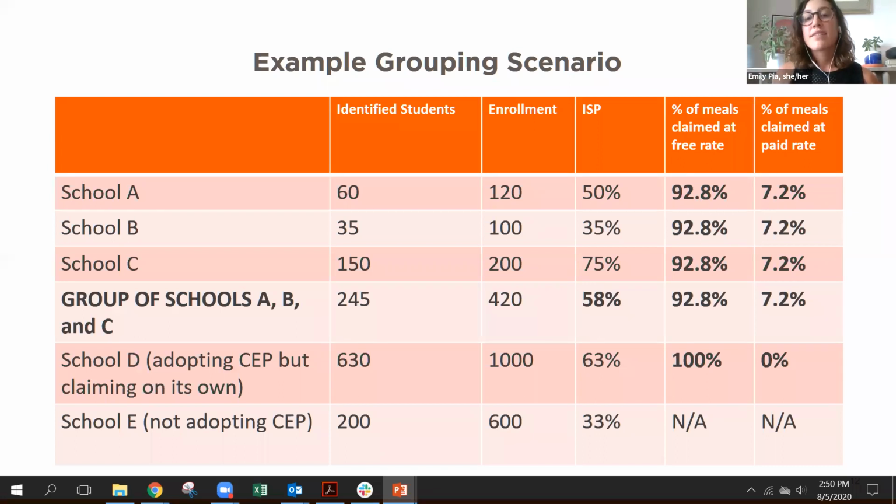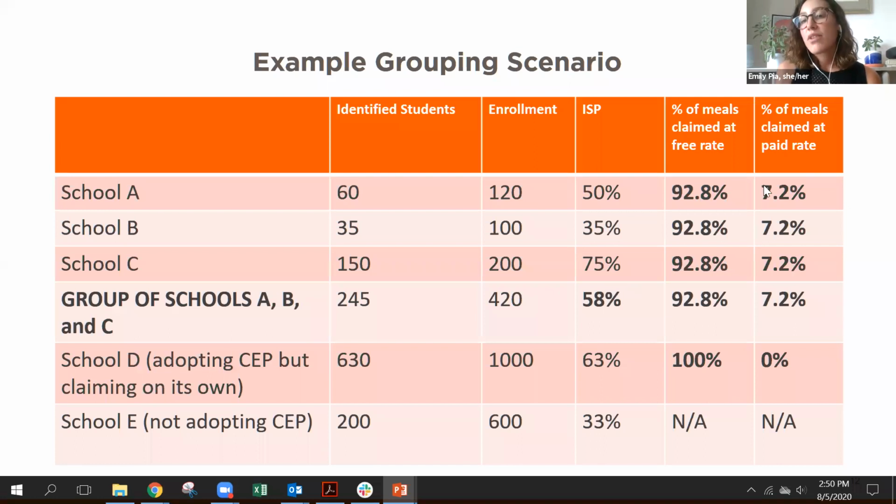So when summing the number of identified students, you sum this column, and then divide. You can't just find the average of the ISPs. That's an important note when grouping. You have to find the weighted average. If you just average the ISPs in this example, you'd be at 53%. So it is not an average of the ISPs.